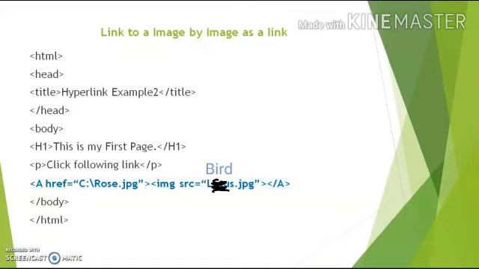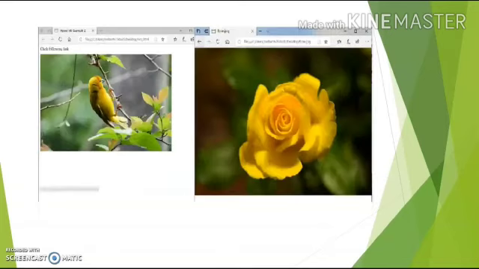To create hyperlink, again a tag href is equal to rose.jpg, then image source is equal to bird.jpg, a tag close. Now here I want link on image, that's why starting tag a and between starting tag a and ending tag a I am specifying image tag. So on bird image I will get hyperlink, and when I will click on bird image I will jump on rose image.